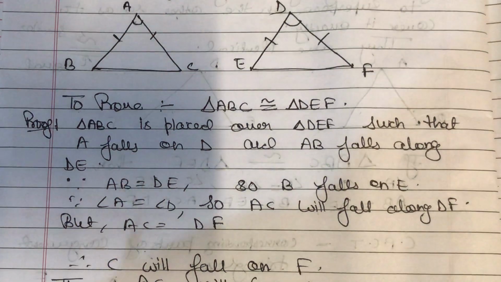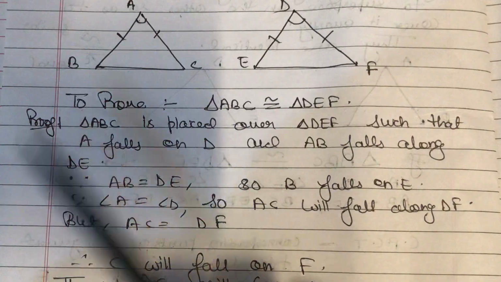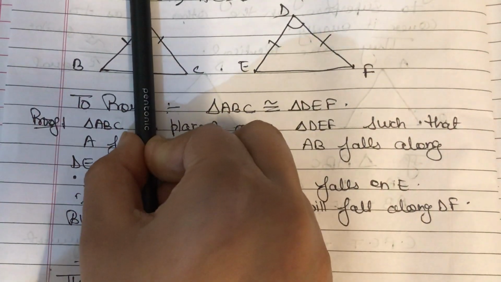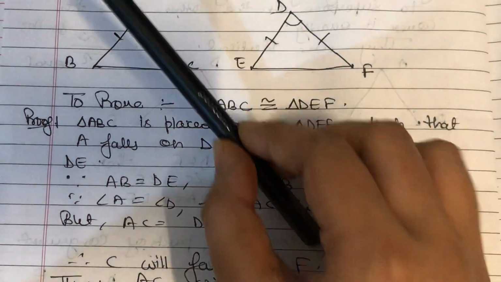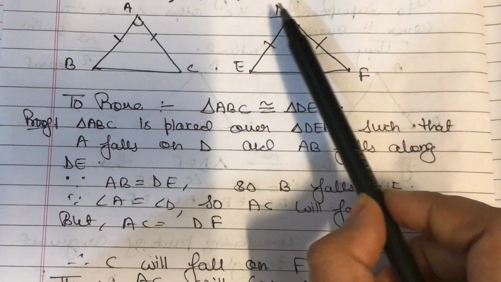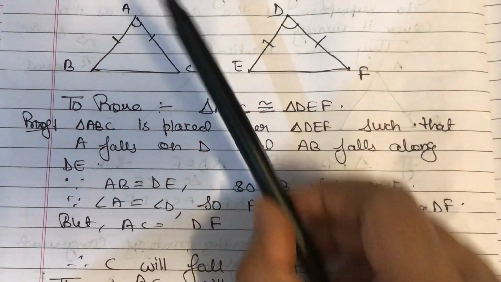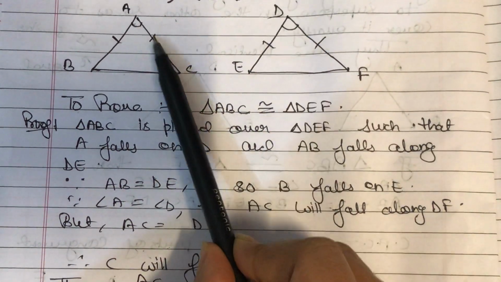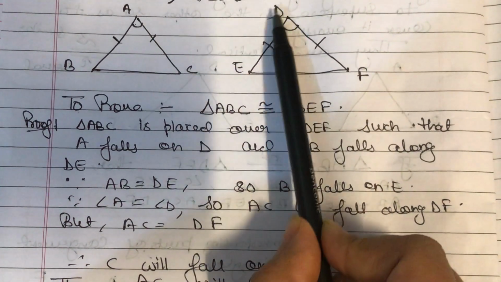So I can say that AB falls on D, so I can say that B falls on E. Now also I am placing the entire triangle. So if I'm going to pick this and put it over here, then can't I say that over here AC falls on DF? Why? Because this angle is also equal. So if this side is going to fall on this, then definitely the second side, the second arm of the angle, as the angles are equal, is also going to overlap. So AC is going to fall on DF.